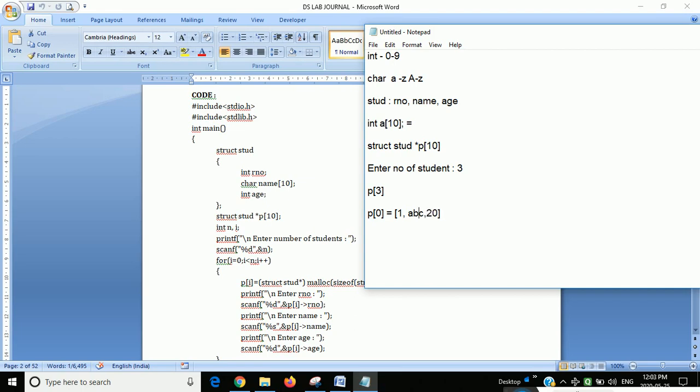First it will accept. This is nothing but address of p arrow roll number, like this, address of p, this is the roll number. Same thing, this is the age that we have to add, like p of, sorry, name is there, name.